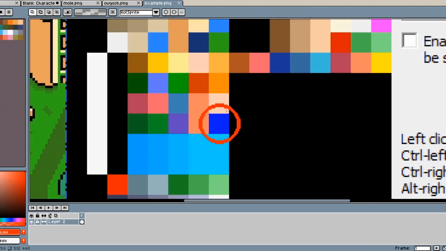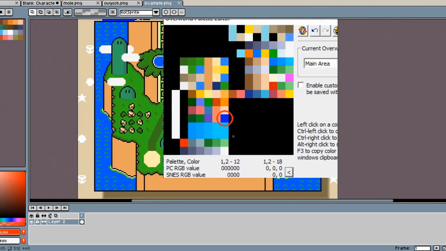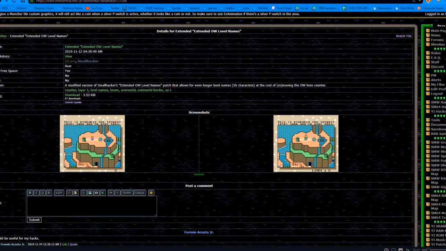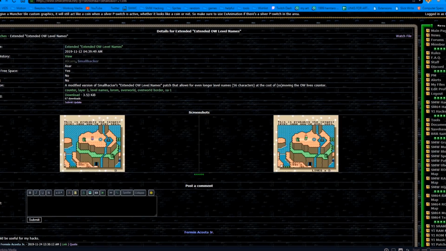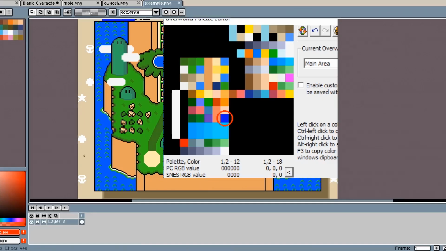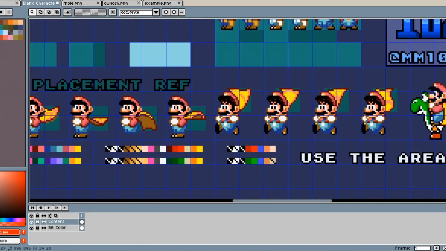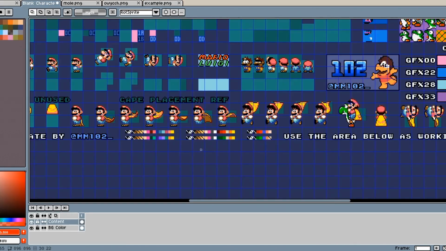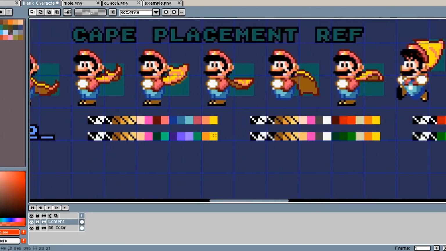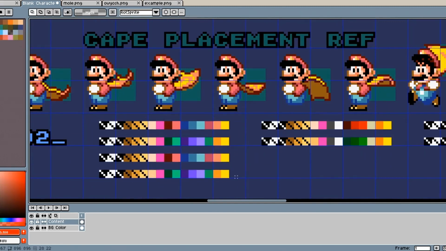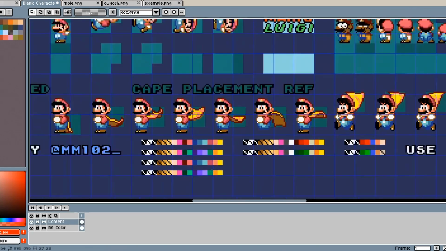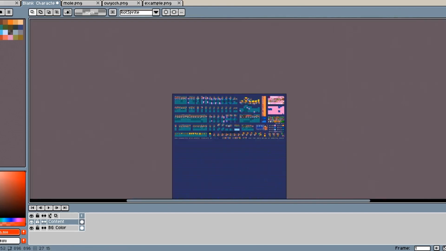This makes it really tough to work around. One workaround is to use a patch that changes the tile that's displayed in the corner, or to use something that removes the player entirely, and there's probably various other things that you can think of too. When creating your character, try to be color conscious and stay within the palette limitations. I like to make a copy of this palette and edit it as I go along. This also helps with insertion later. That about covers what this sheet is. Now we're going to use it to